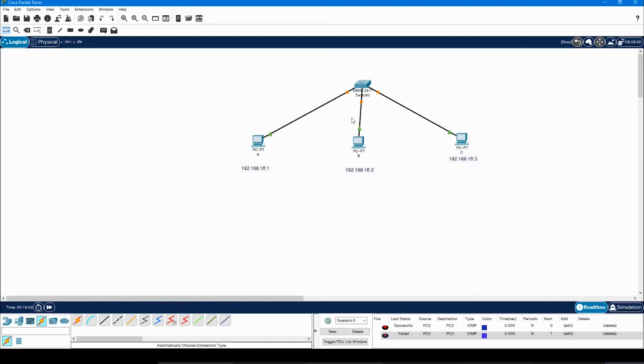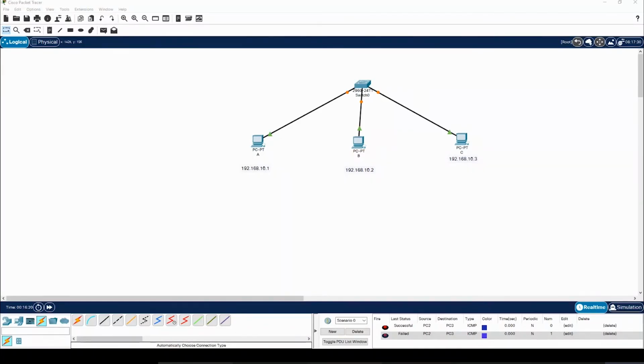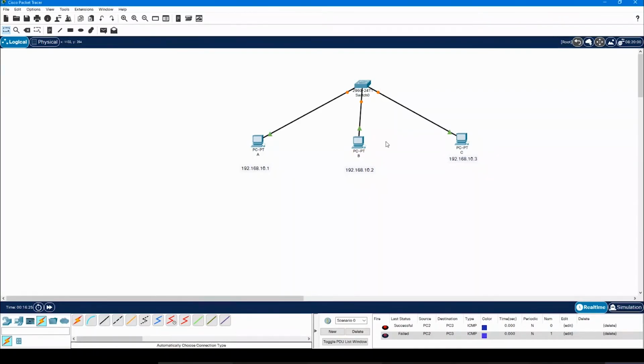Now it will take around 30 seconds to come up. You see the orange circle, it can be considered as it's still loading, and once it turns to a green triangle, you can consider it as a connection. So if you don't want to wait for that long, you can simply press on this skip button, and once you click on this, it fast forwards for 30 seconds and the connection is up now.